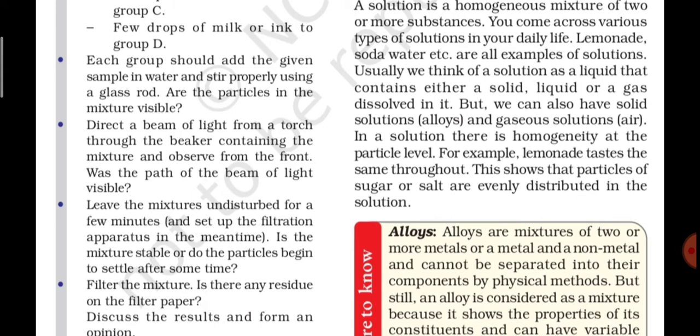So that is what is meant by the path of the beam of light becoming visible. This can happen in a solution or a mixture, and it can happen in a dark room also. That is why I said that in a dark room, the path of the sunlight becomes visible. If you have not observed it, you can try it, but remember that the hole from which the sun ray is entering should be small, not large, otherwise you won't be able to understand this effect properly.